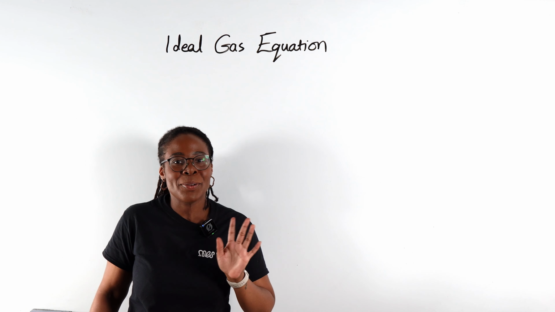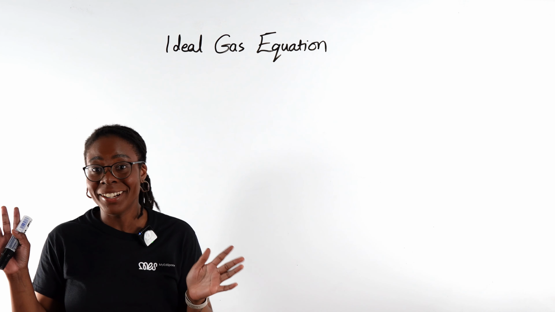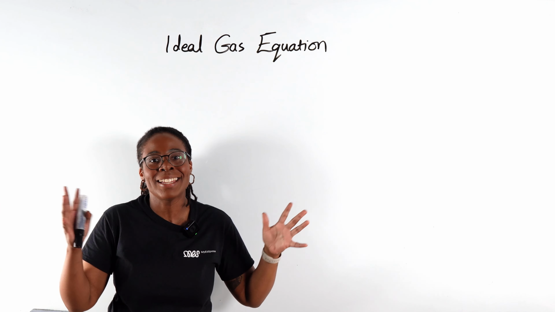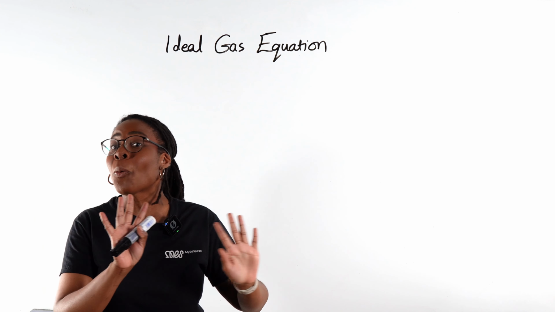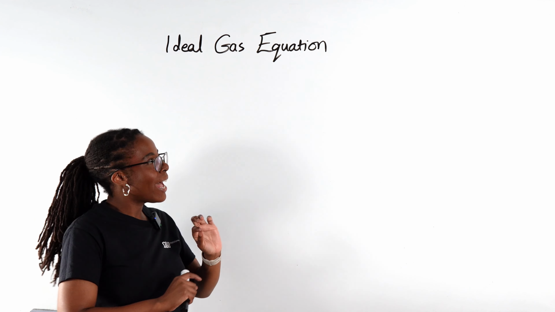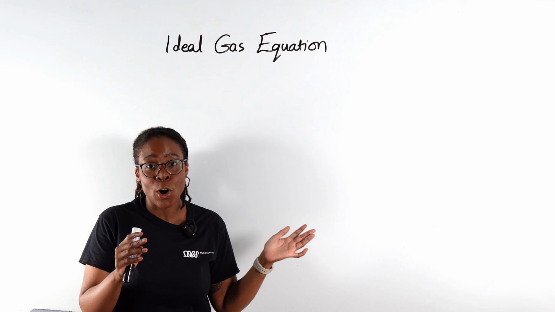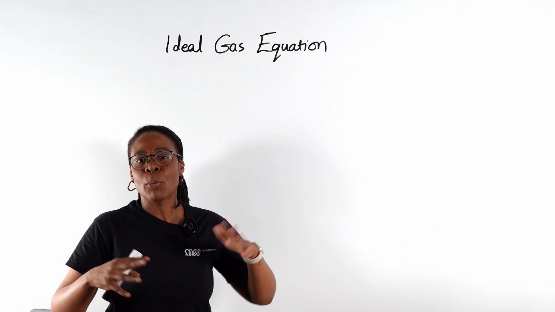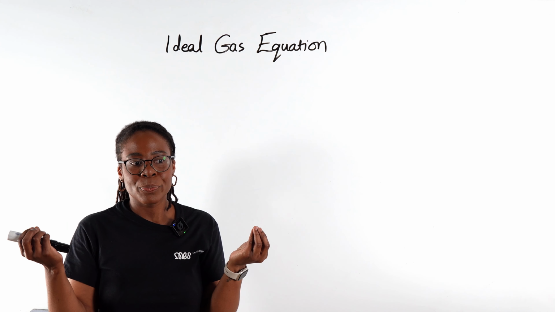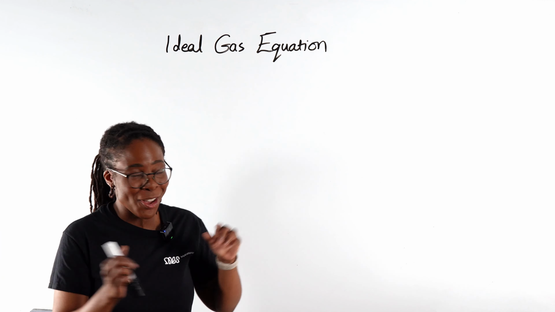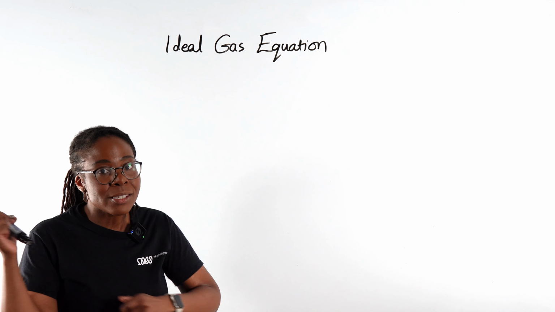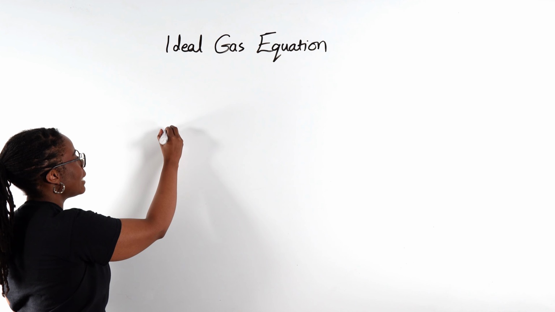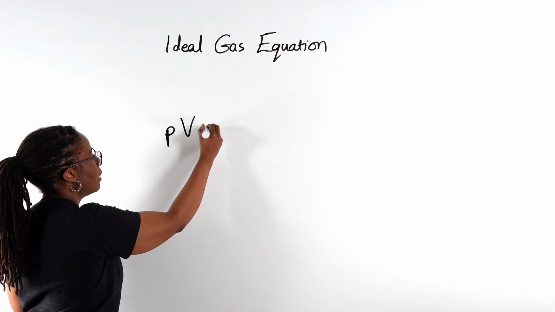The ideal gas equation is often a fan favorite amongst the A-level chemists. It is like an amalgamation of various gas laws that we actually don't need to worry about too much, and allows us to approximate the behavior of gases if we're given some other kind of values, right? So you do need to know the ideal gas equation. You are not going to be given this, so you need to know that it is PV equals